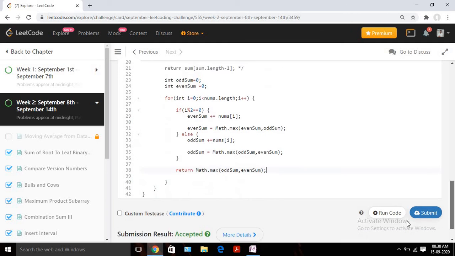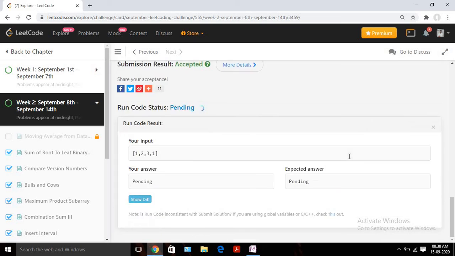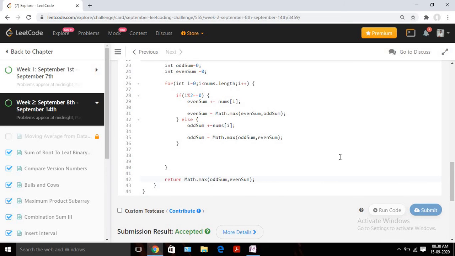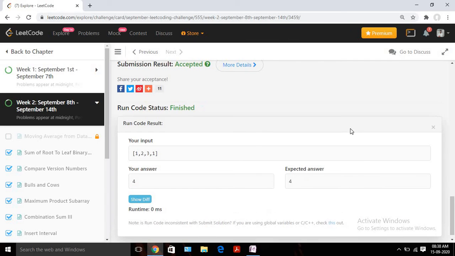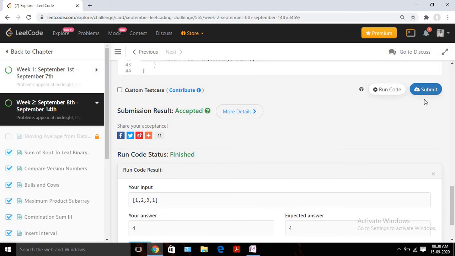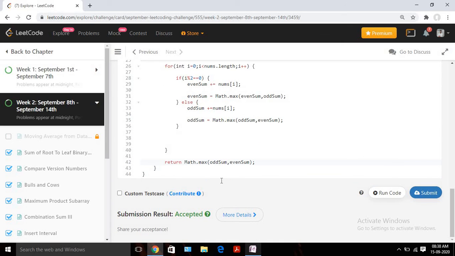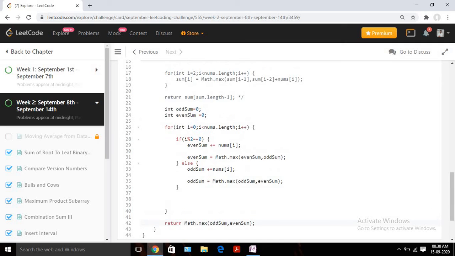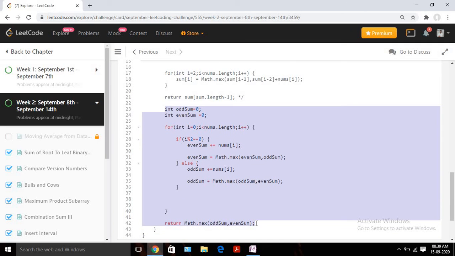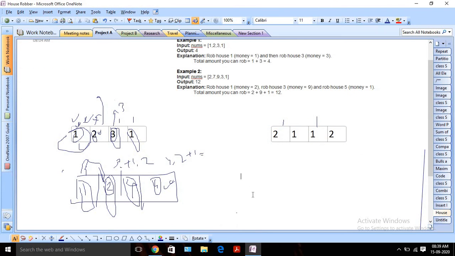So let's try to compile the code and check whether it's accepted. Okay, it should be outside the for loop. Let's try to compile it once again. Okay, I think it's compiling successfully and it's giving us the expected answer. So let's quickly submit it and check whether it's accepted or not. Okay, I think our solution is accepted. So let's try to analyze the code, what we are doing here, and then we will again try to see the space complexity and time complexity.